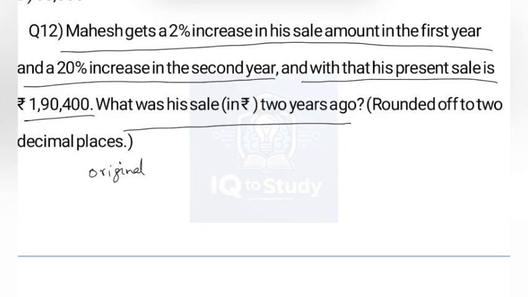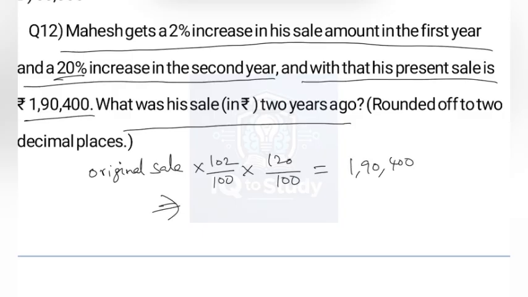So original sale into 102 by 100 because of the 2% increase, and 120 by 100 because of the 20% increase, is equal to present sale, which is 1,90,400, which implies original sale is equal to